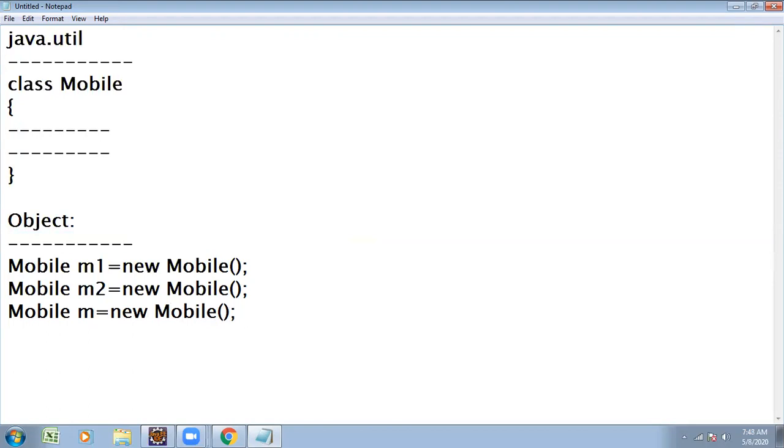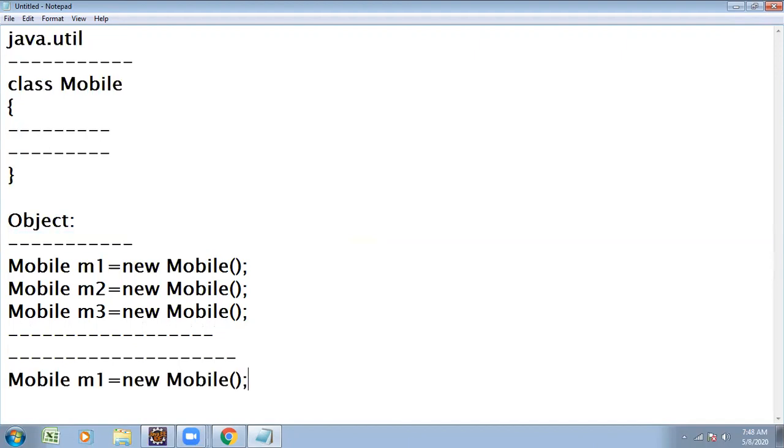When we create the objects, each and every object stores its data separately. Object one stores separately, object two stores separately, object n also stores separately.